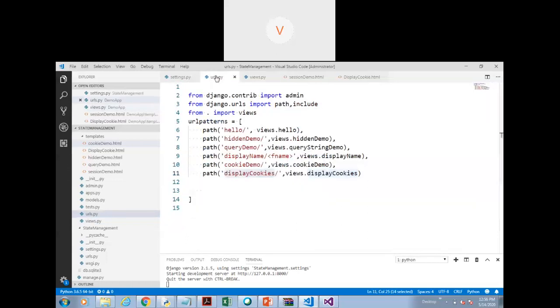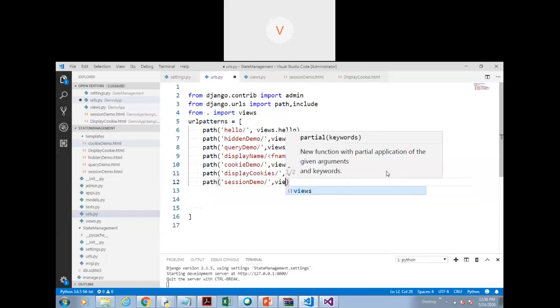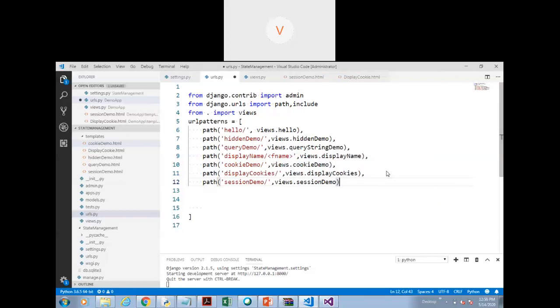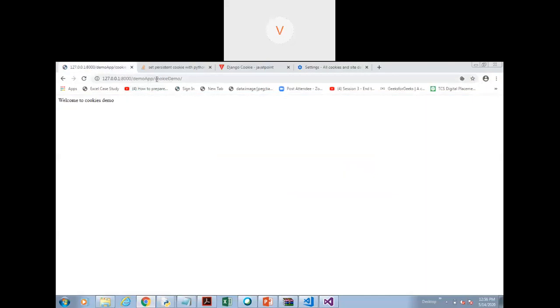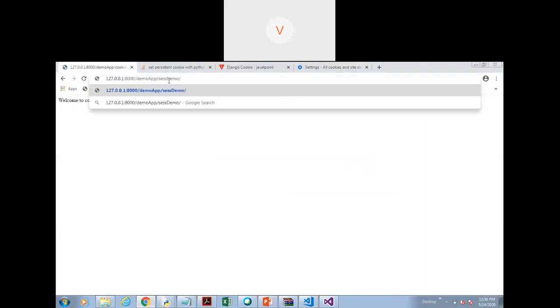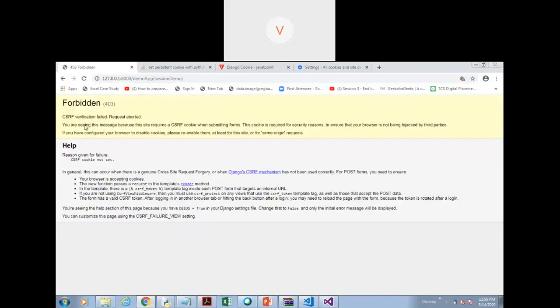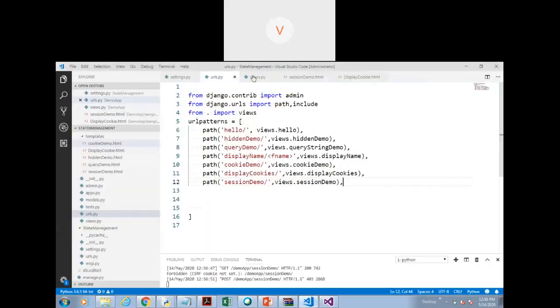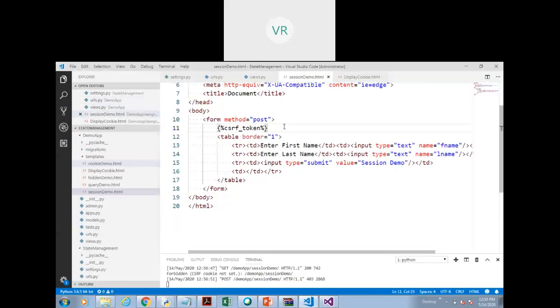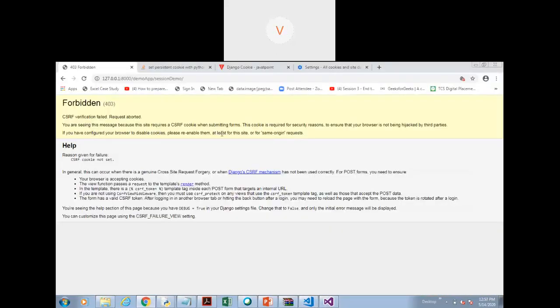So I need to make the URL entry for this one. CSRF token is not there. It's there.